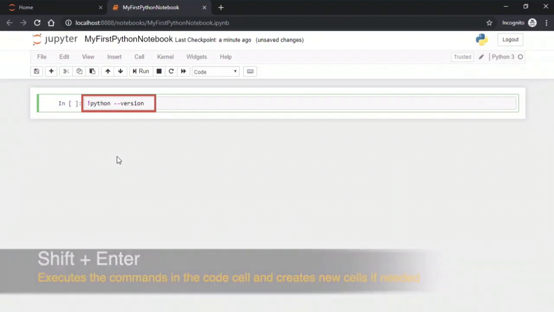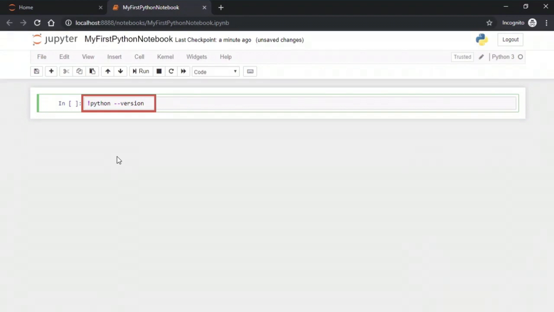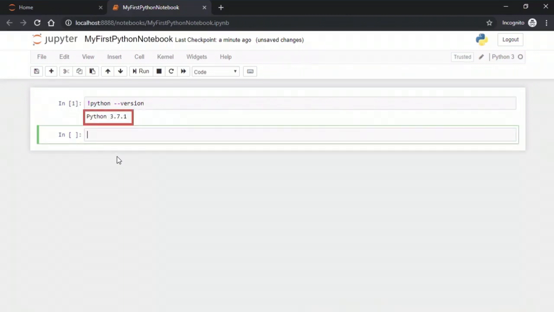Observe that the command that we've typed in here is not really a Python command. Instead, it's a shell command, or something that you would type in on your command prompt. You can also type in your command prompt commands within your Jupyter notebook. Make sure that you precede these commands with an exclamation point. This will tell your notebook that this is not a Python command, instead it's a shell command. So we have exclamation Python dash dash version that will print out the current version of Python that we are using, which is Python 3.7.1.